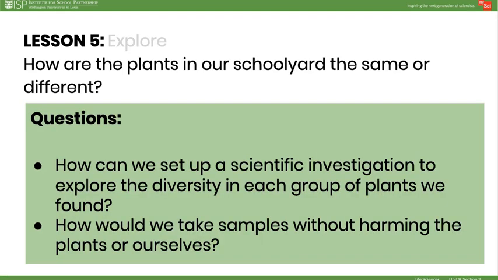In the Explore, continue the discussion by asking how the class can set up a scientific investigation to explore plant diversity among the plants the class found. Discuss how to take samples without harming plants or humans. Then take students outside to collect leaf samples from the two locations the class visited in Lesson 4. In the event that there are no accessible trees, you could collect some leaves ahead of time for students to